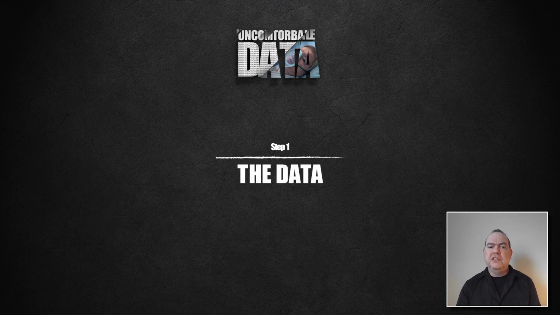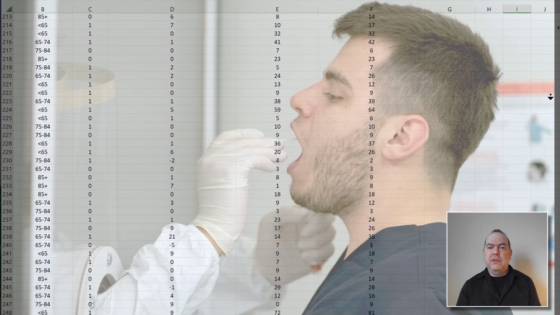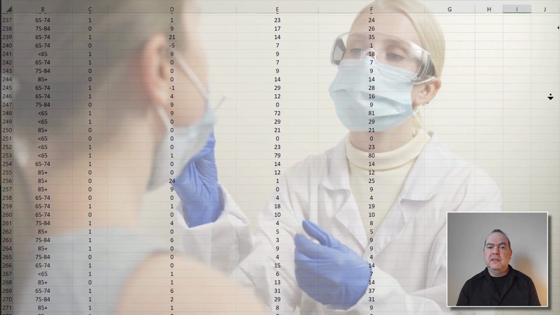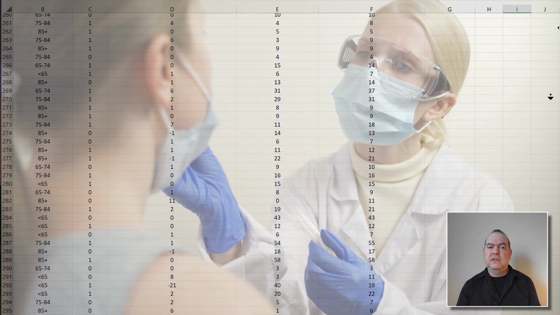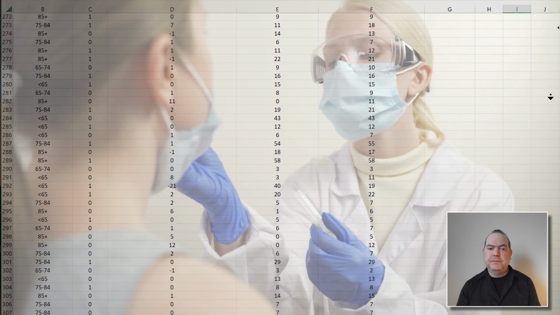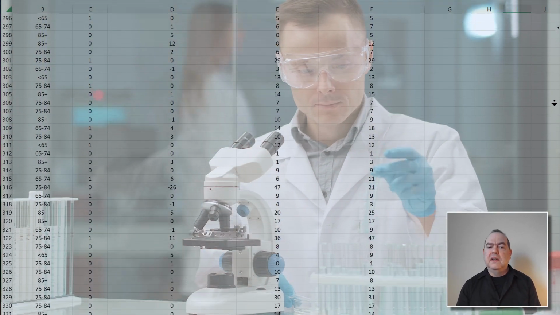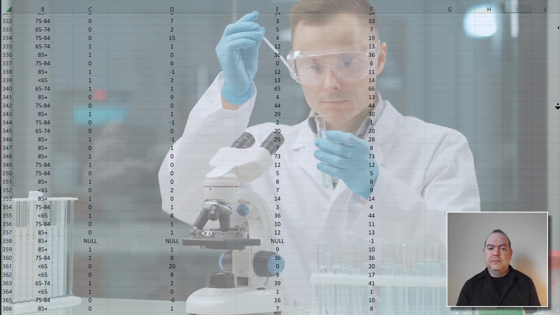Step 1. The data. I began the project by collecting a raw dataset that was freely available on the website of the Ministry of Health. The dataset covered 2 months' worth of statistics on COVID testing results and was collected anonymously. Anyone interested could access the data, which appears as an Excel file, download it for free and view it.